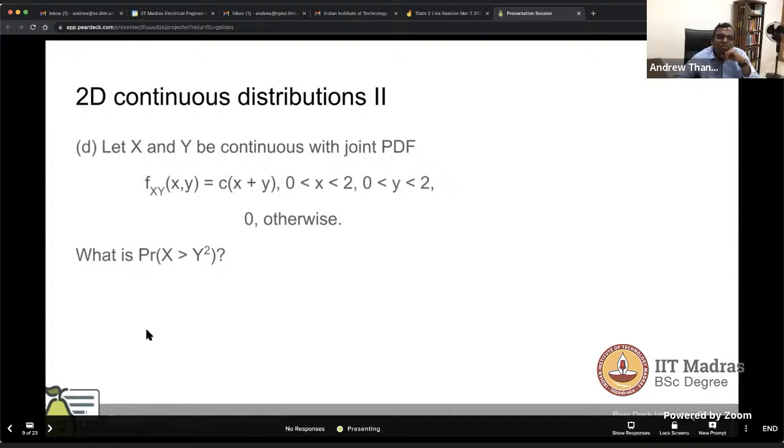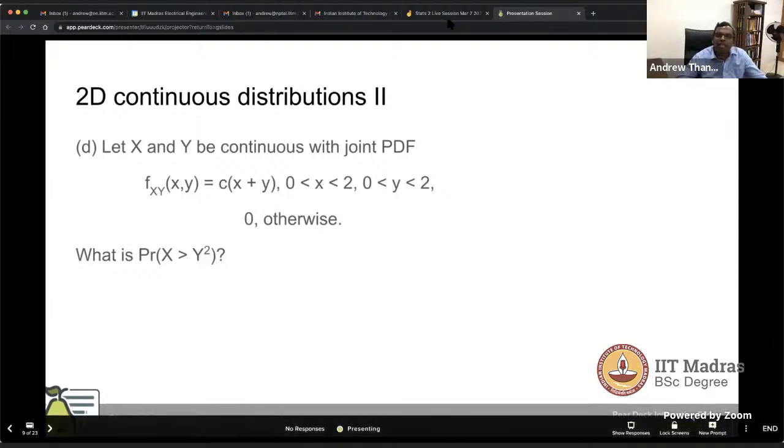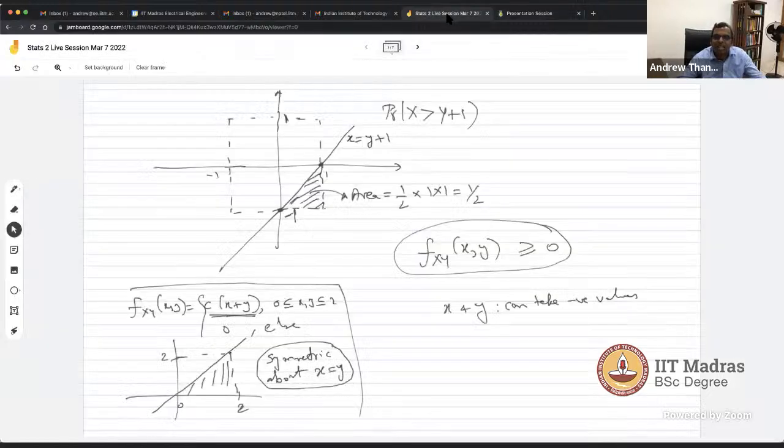How would you approach a problem like this? This again is not too hard. It's just that the limits of the integration and all that are a bit painful. There's nothing conceptually difficult here, so I'm not going to wait for the answer again. I'll just show you how this problem looks in terms of the integral. So if you do this, 0 to 2, 0 to 2,